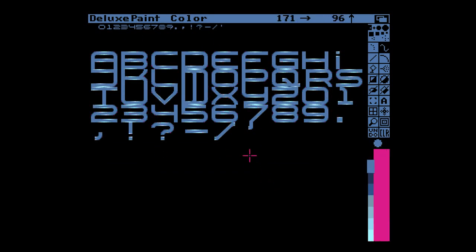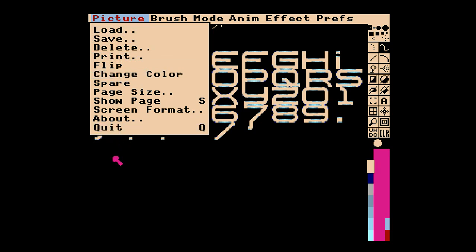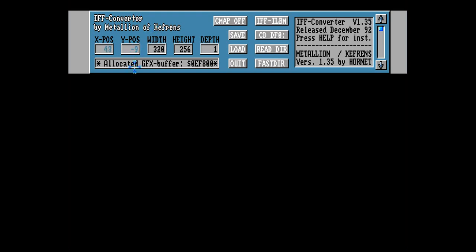So here's our font, and I guess we're pretty much done with what we want to show. If you want to save disk space, by all means go ahead and reduce the number of colors to 8 and save, overriding it. It's a good thing to be proper. I'm going to be lazy and start the IFF converter. And this demonstrates then the